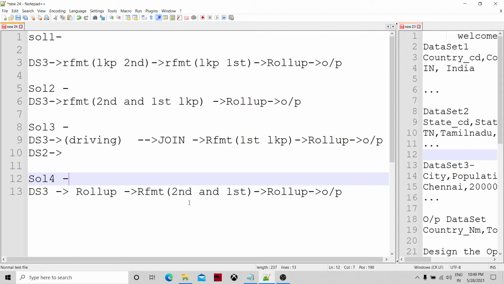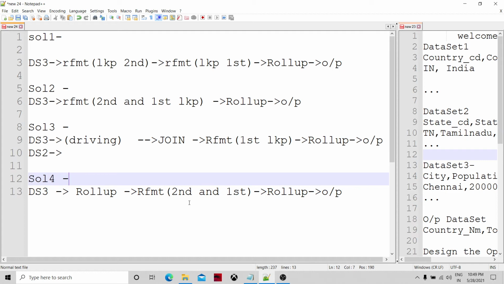So let's talk about different aspects of these solutions. What I can see is that the common thing everywhere is the roll up, which we have to do for sure. All the solutions take dataset 3 as the first input, because this is the largest input and we have to deal with it.